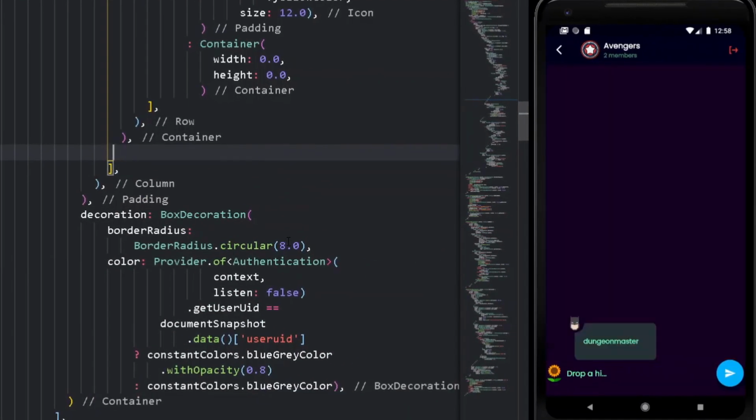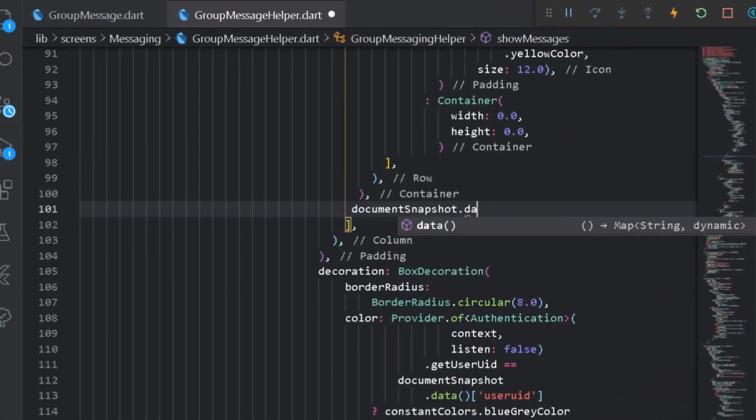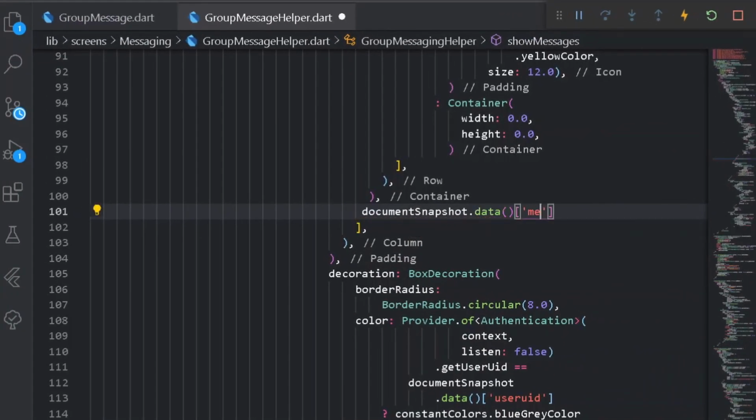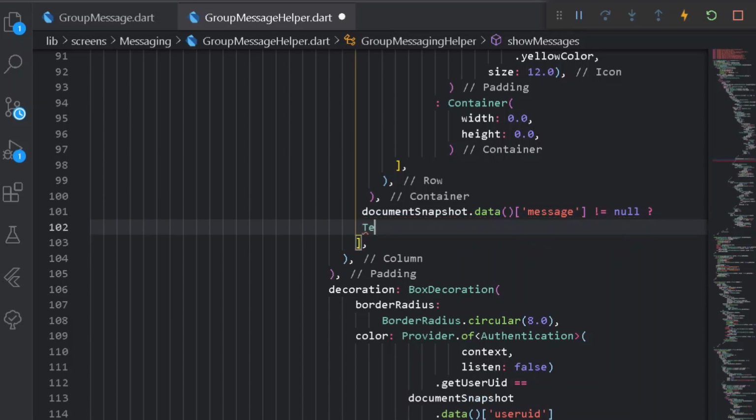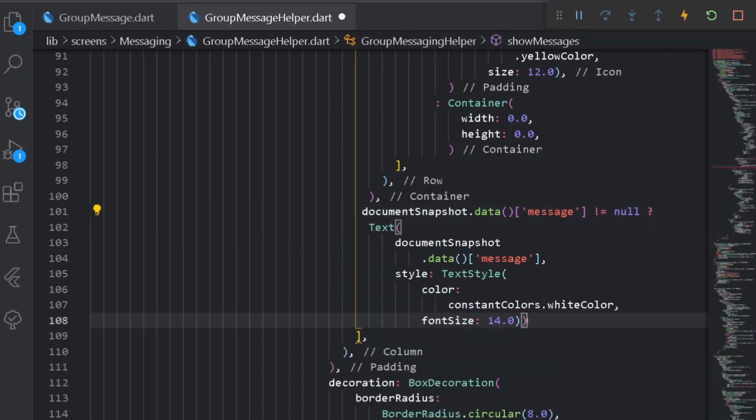Press Ctrl and S. Easy, we are only getting the text of Dungeon Master, that is his image and also his name. So now we need to paste in the following sticker. So first of all I shall be simply checking here if document snapshot dot data, and from this if the following text of message, that is the message itself, is not equal to null. If so, I can simply have a text. So here I can have my entire text of the particular message, but if the following message is null, I shall be showing the user the following container having the following sticker.